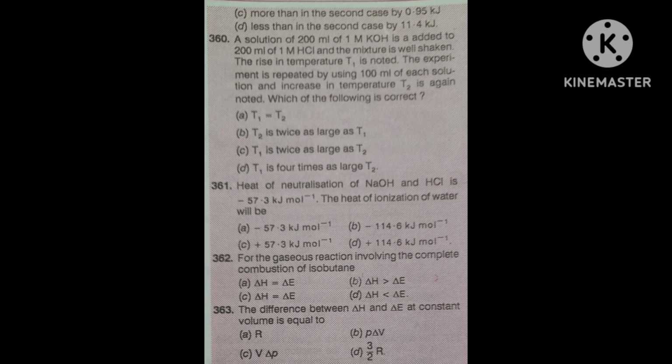First case you have considered in terms of T1, correct? And this 200 volume, that also you have written in terms of T1. It should be 200 T1, but actually it was 100 plus 100 into T2, in terms of T2. Now both are equal, hence 200 will be cancelled. T1 is equal to T2. It is a neutralization reaction, you remember, neutralization. Here heat evolved depends on each ml. For 1 ml, that's why it is equal.